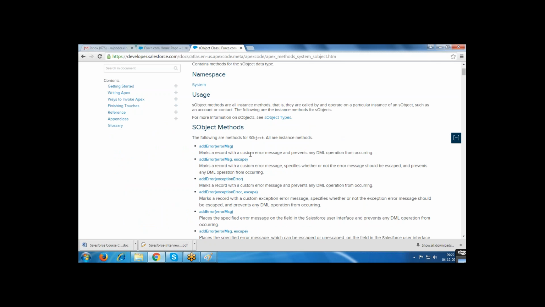So whenever you are performing any DML operation, if I use this method, it cannot perform any DML operations.